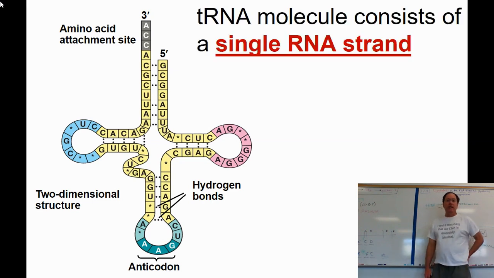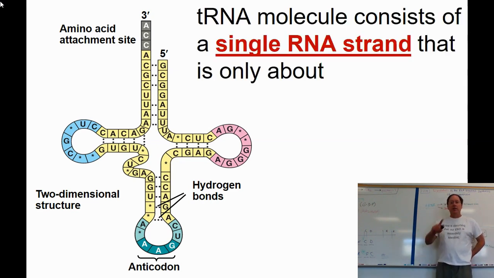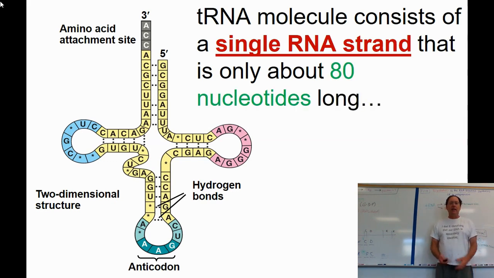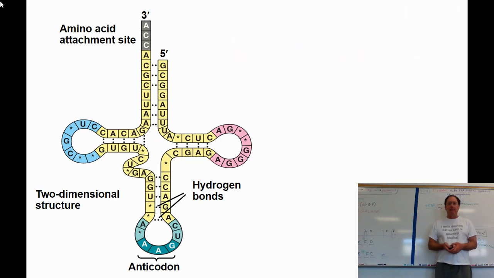The tRNA molecule consists of a single RNA strand, you can see, which is folded back on itself in this cross or T shape. It's 80 nucleotides long. It's very, very consistent. You can see those hydrogen bonds that have formed there. Remember, RNA is single-stranded, but it can fold into these crazy shapes, and we're about to learn more about that, and then make those hydrogen bonds. So RNA can actually create very rigid structures when you get a ton of this hydrogen bonding here.